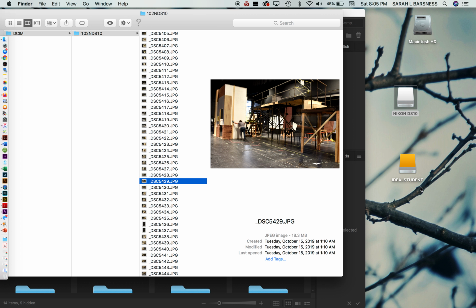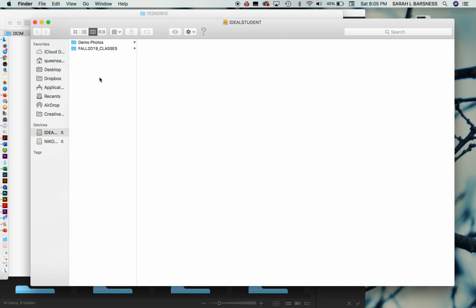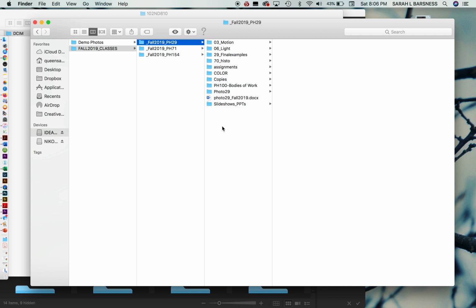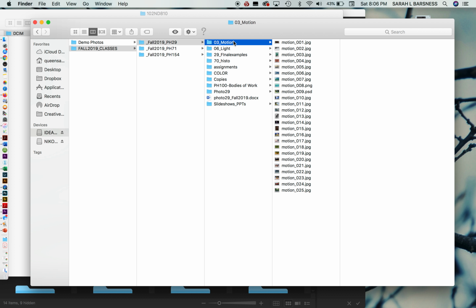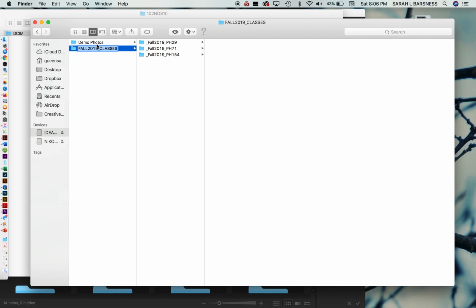So this is the inside of my hard drive, and you see there's a couple of folders already in here. One is demo photos. These are photos that I use when I'm doing demonstrations, and this is actually the file folders from last semester. And you can see that within this, it has the 3 different classes I taught, and within there, it has different folders for different assignments. So this is exactly what I'm talking about. Then within that, it has the actual files that are part of that slide presentation. And as I click back, you see all the way back to the beginning, you don't see those folders